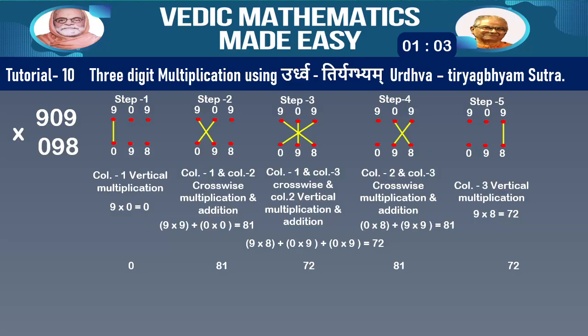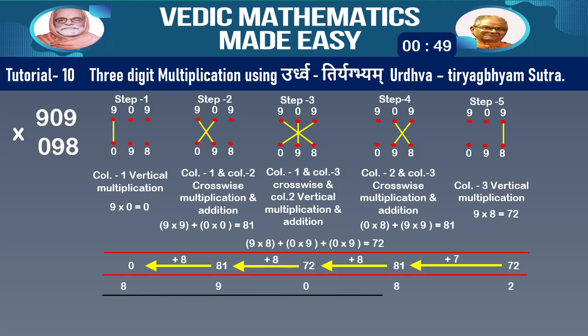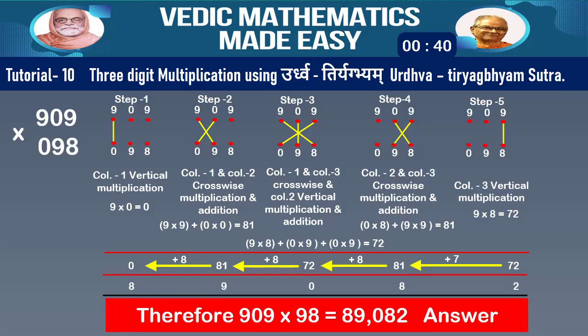Friends, as usual, retaining only unit place digits and carrying the remaining digits to the previous stage and adding, we get 89082. Therefore, 909 into 98 is equal to 89082. That is the answer. Friends, hope you are confident to multiply 3 by 3 digit numbers mentally without writing step diagrams to get the